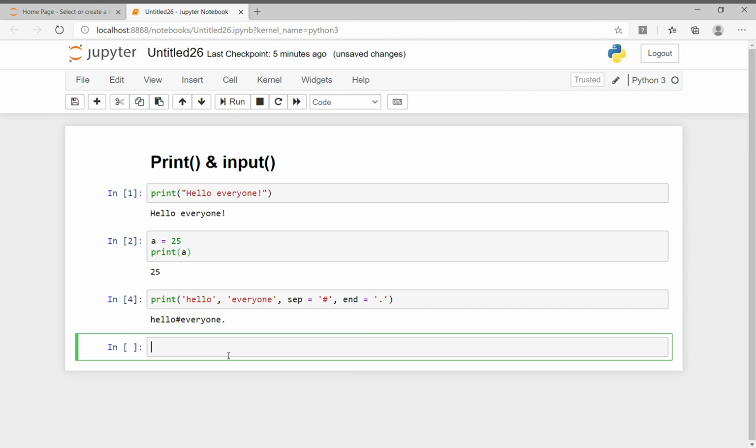Next we are coming to the input statement. If you want to create a user-defined program which is comfortably understandable to the user, so that the user can easily understand that particular program, for this type of statement you can use the input function. So if I want to take input, like I want to ask your name, so enter your name.